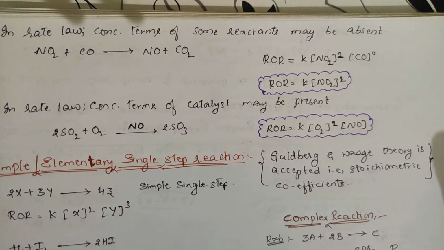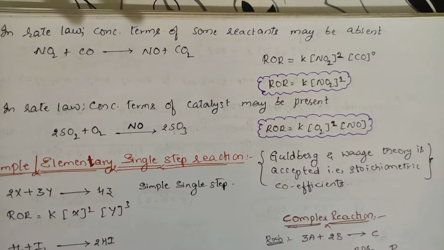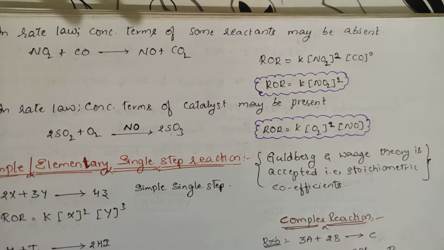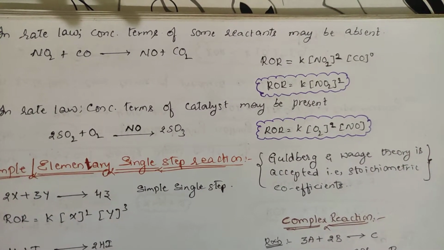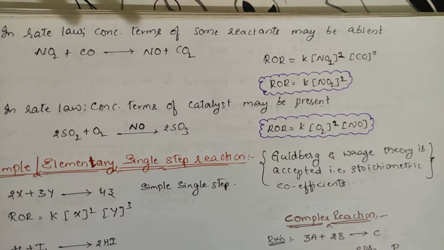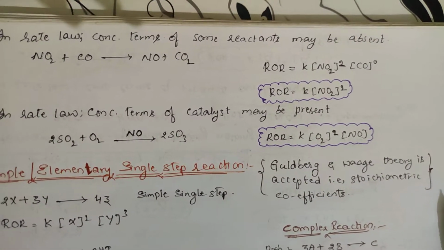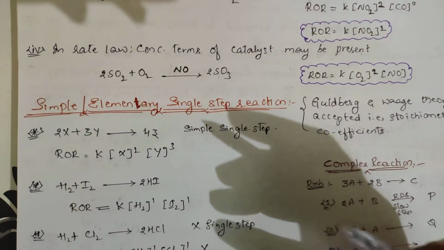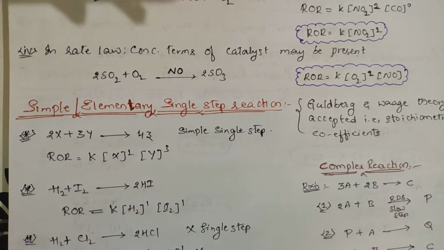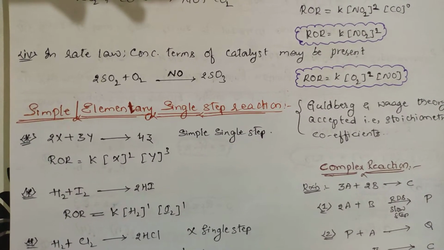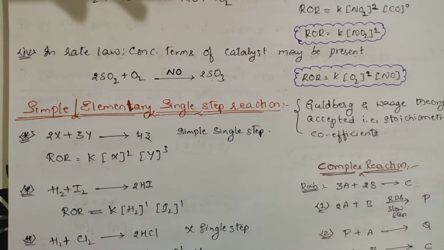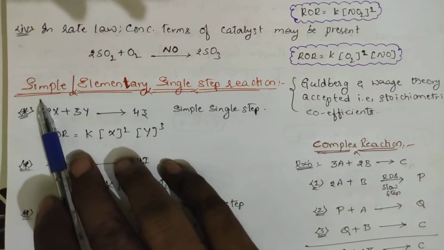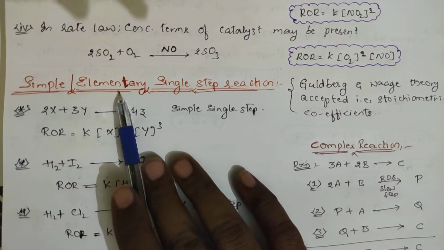Rate of reaction may depend upon the reactants. It may not depend upon the reactants. It may depend on the products. It may not depend upon the products. It may depend upon the catalyst. It may not depend upon the catalyst. Okay. But it does not depend upon the intermediate. At any time, it will not depend upon the intermediate. You remember that. Rate of the reaction may depend on the catalyst, may depend upon the reactant, may depend upon the product, but it never depends upon the intermediate, whatever has been formed during the course of the reaction.